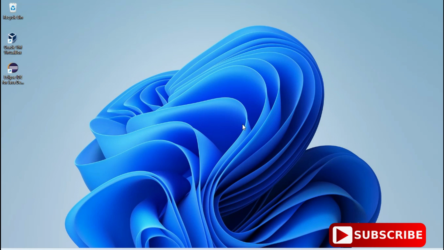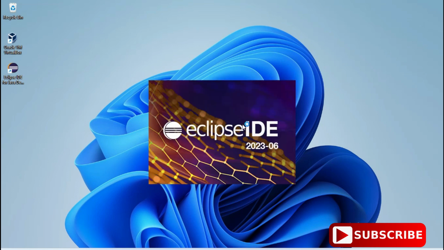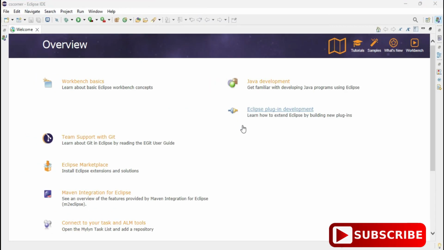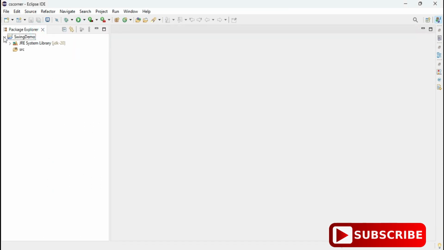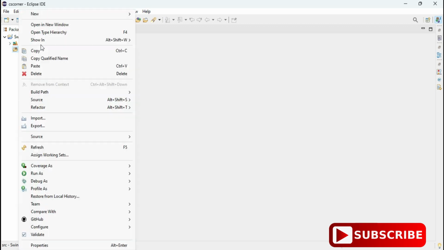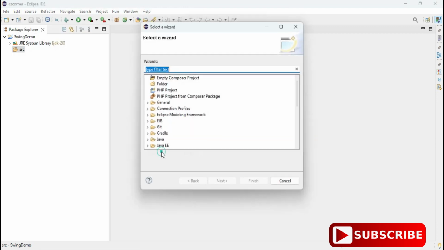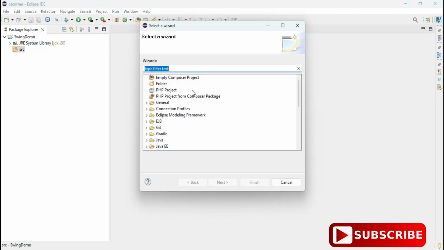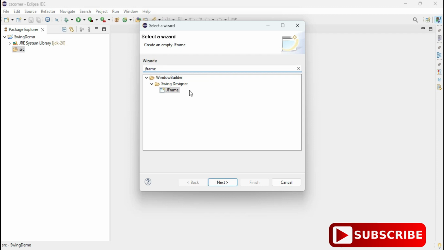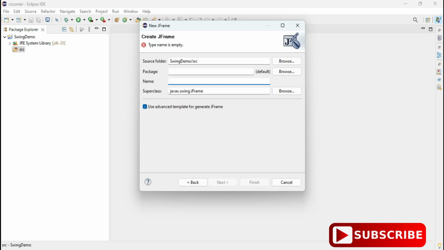So guys, it will restart your IDE, and here you can see my IDE has been restarted. So now after this, what we will do, we will try to add the JFrame. So again, I will go to my this src folder, and here I'm going to right click on this src, and then I'm going to select this new button, and then here I'm going to click on other, and then guys here just type JFrame, and boom guys, now you can see the option of JFrame is available. Okay, so previously we were not getting, now I'm getting.